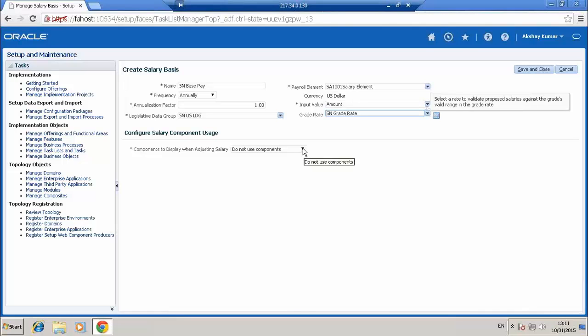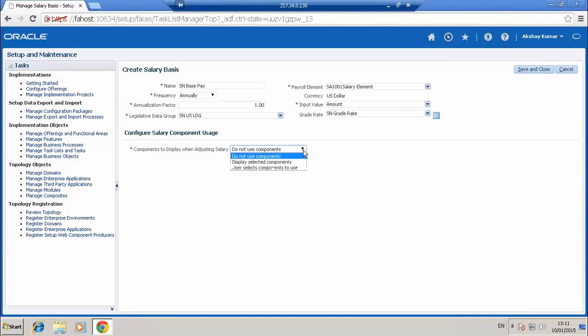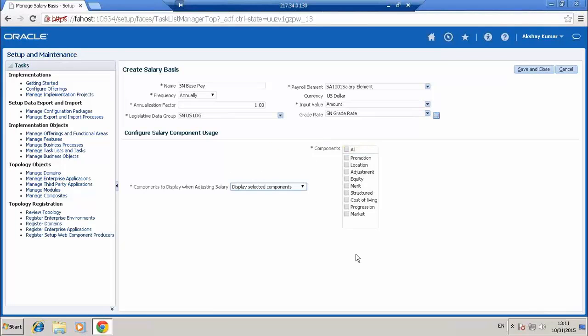So this is the component option which is available. These are the components which you select. For example, let's say I'm selecting the user selects components, or display selected components. So these are the components which are available. If I want all the components to be available for a salary, then when I select the salary basis for an employee, I will have all these components coming up for the salary.